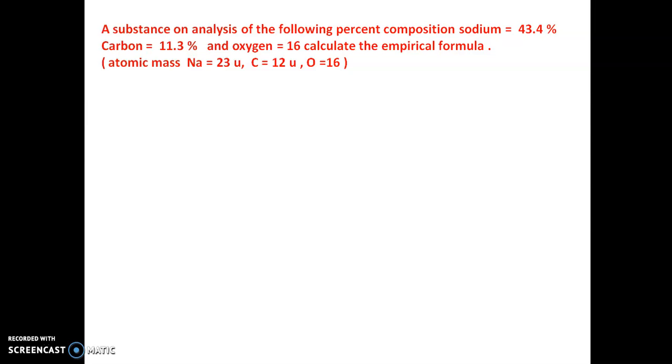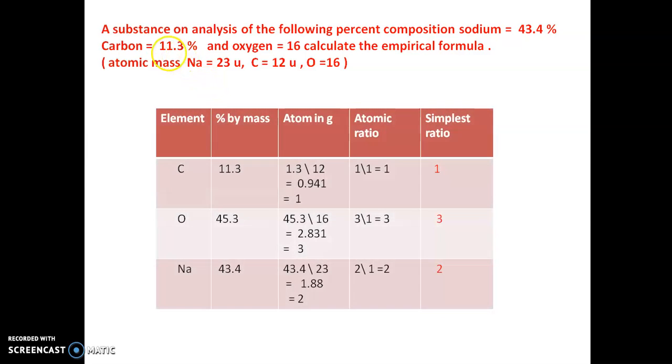So the first example: a substance on analysis has the following percent composition: sodium is equal to 43.4%, carbon is equal to 11.3%, and oxygen is equal to 60%. Calculate the empirical formula. The atomic mass of sodium is 23, carbon is 12, and oxygen is 16. So the solution for this